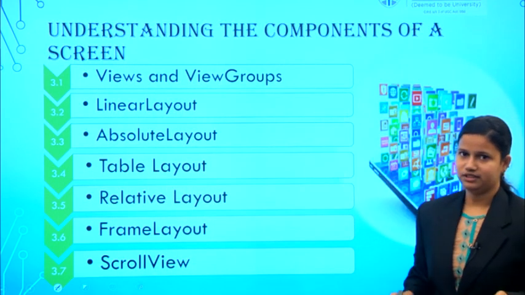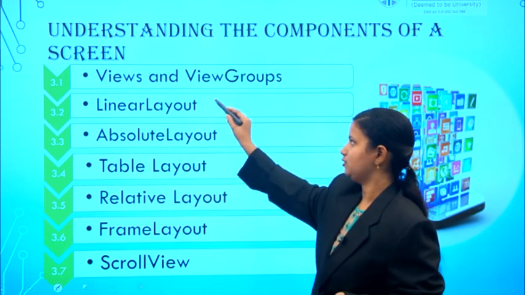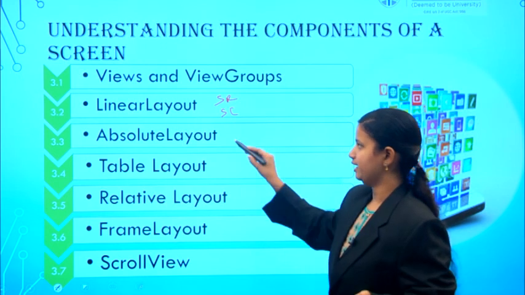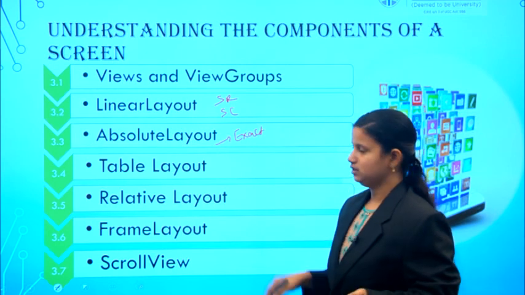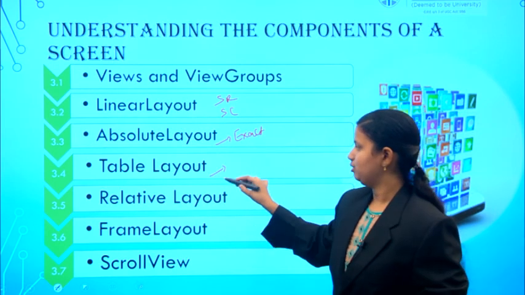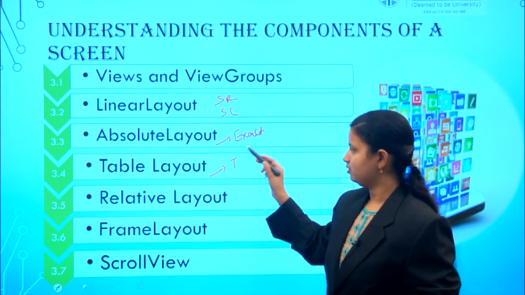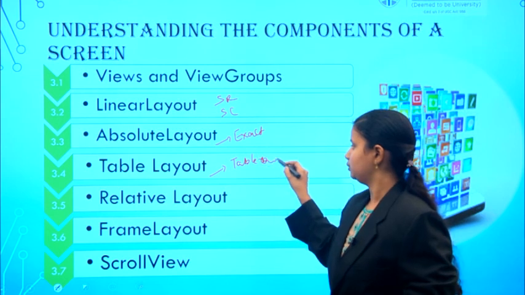The view is nothing but a widget, and a view group is a collection of views. Linear layout is an arrangement in a single row or single column format. Absolute layout provides the exact location of the child views. Table layout arranges views in a row and column format using the table row tag.